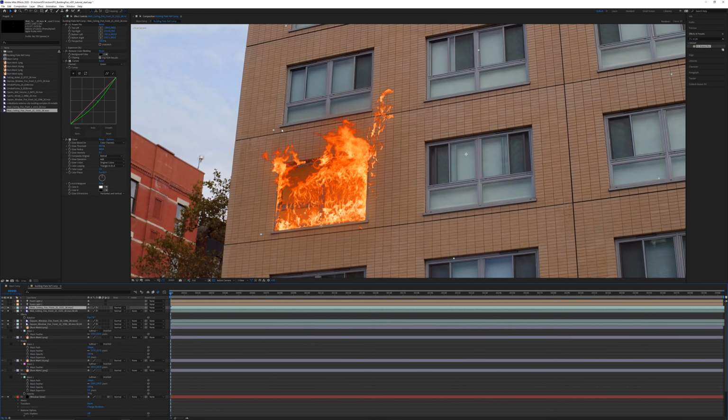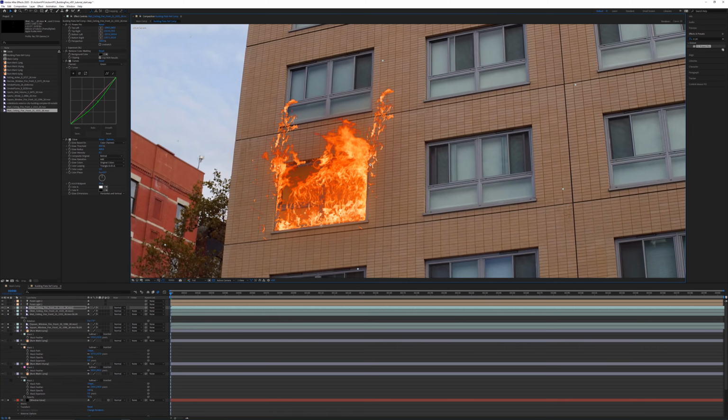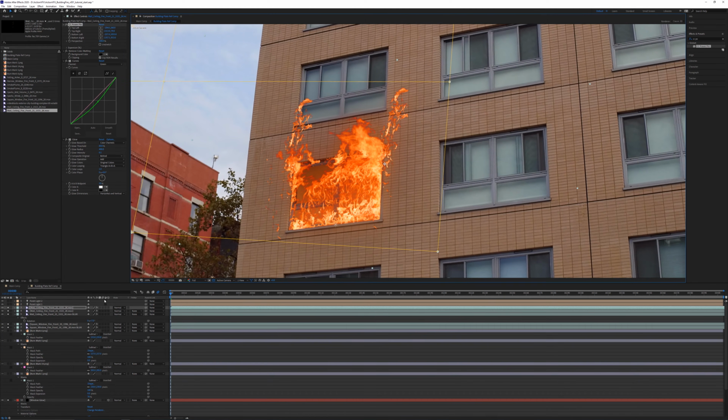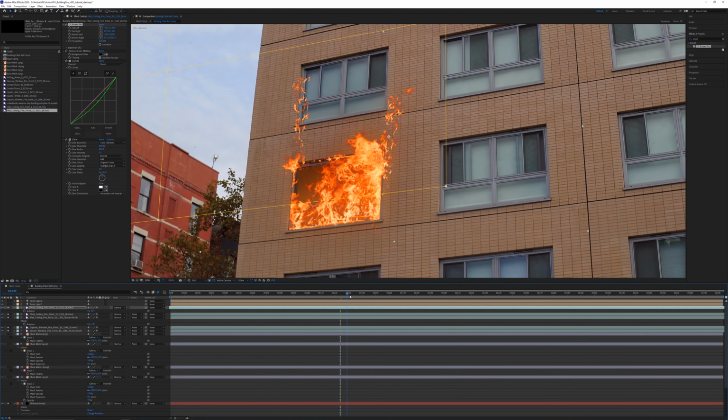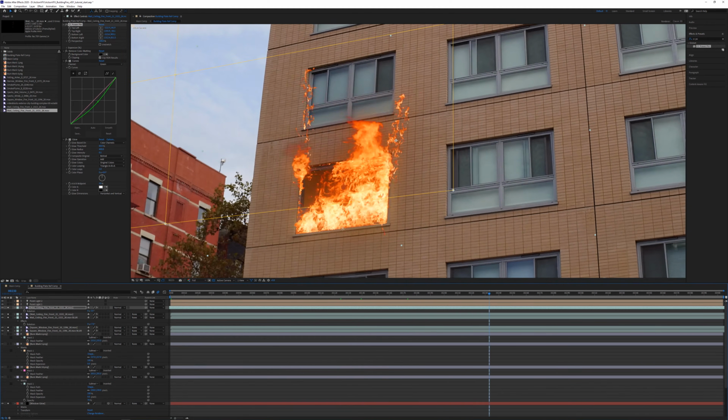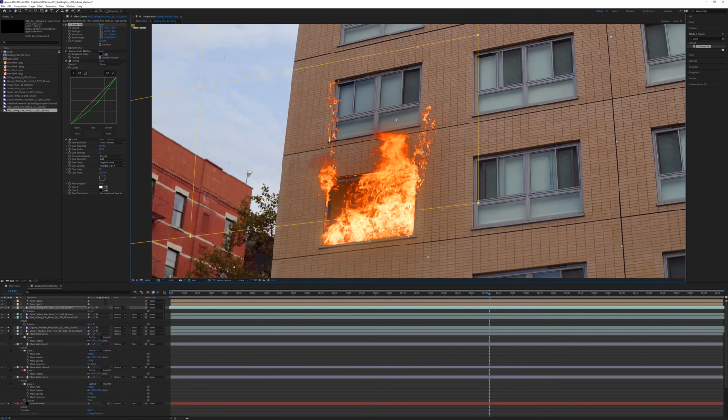Now, another thing that's really useful about these elements is that, at least with these flames, they're about 20 seconds long. And it's pretty unusual for a visual effects shot to last anywhere near 20 seconds as one continuous shot. So you can start the same element at different times, and it's going to look like a different element. This means that if you don't want to purchase an entire collection, you can get away with only purchasing a few of these things, and you can get a lot more use out of them. But if you do need the full 20 seconds, then that option is there for you as well.